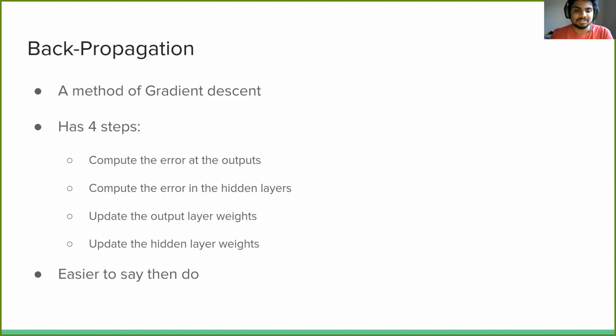So what you do then is calculate the error at the output, and then you calculate the error of all the subsequent layers. And then you update all the layers as you go. It's easier to say than actually do it, but there's a very beautiful